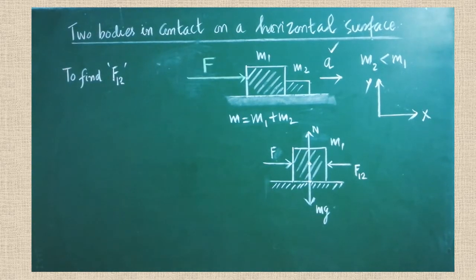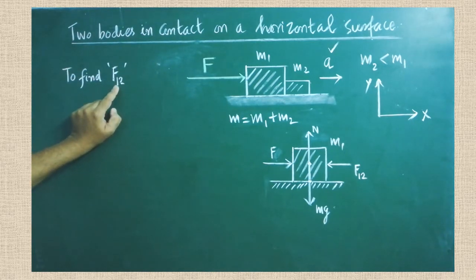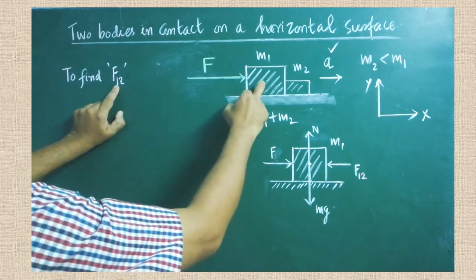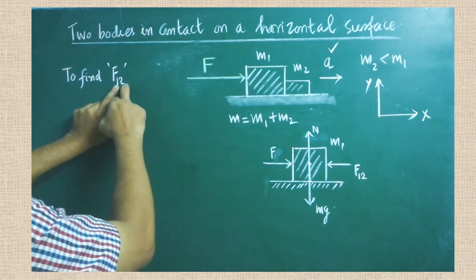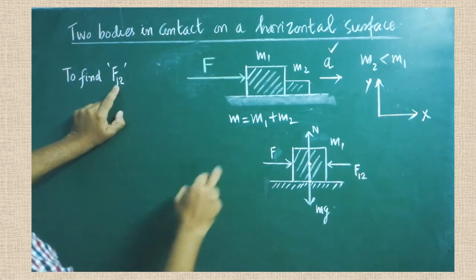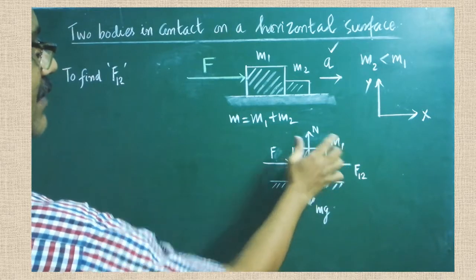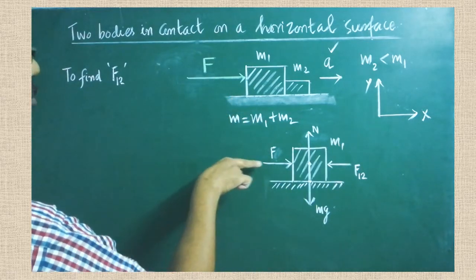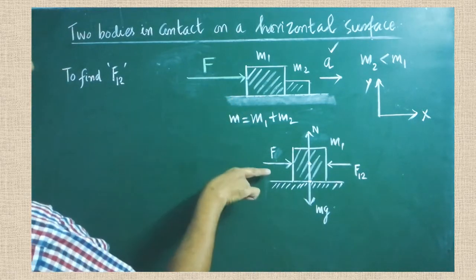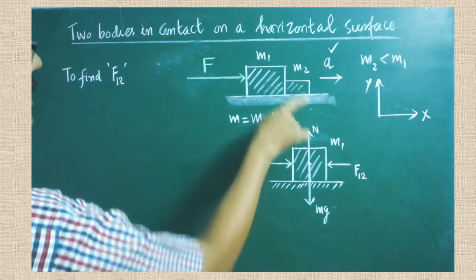Now I am going to find the value of F12. What is F12? Force acting on the first mass due to the second mass. Again I will repeat the description of the term F12. What is F12? Force acting on the first mass due to the second mass. That can be found by drawing this simple diagram. I have drawn the first mass alone. The mass of the first mass is m1. Here we are already applying a force. The external force is F. Are you clear? Mass m2 is nearby.